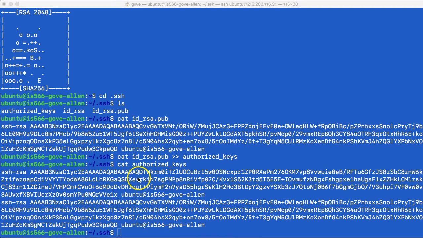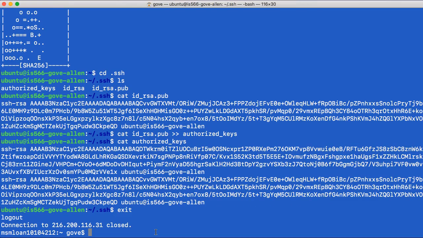Okay, so I need to get the private key copied down to my machine. So right now I'm operating on that server, so I will just exit out of this. Now I'm on my local computer, and I'm ready to copy that file down. So to do that, I'm going to use secure copy. So scp, I put the source file first. The source file is going to be that file on the server. So I'm going to put here the username, ubuntu,